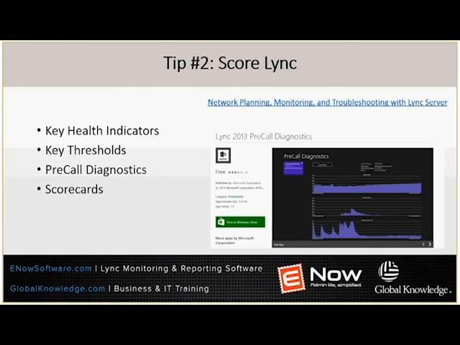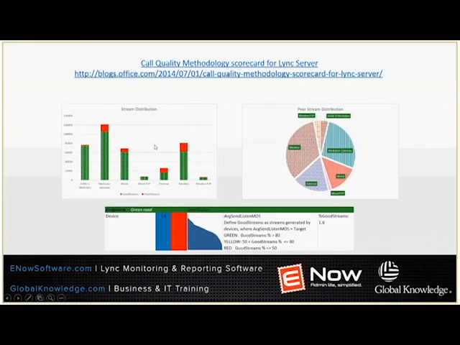And finally, from an administrator perspective, there's a tool that comes with this documentation that allows us to do what are called scorecards. And I want to drill down into that a little bit more. In addition to the documentation link I just gave you, there's a specific blog about the call quality methodology scorecard, kind of a preview into this, and this is some of that information from there. In this particular slide, we see that there are 3 reports being illustrated. There are additional reports I haven't shown here, but